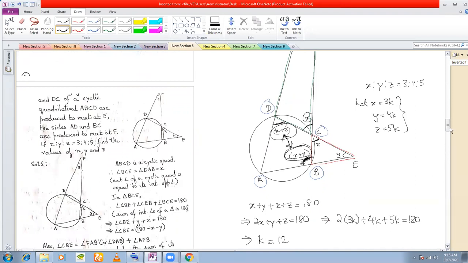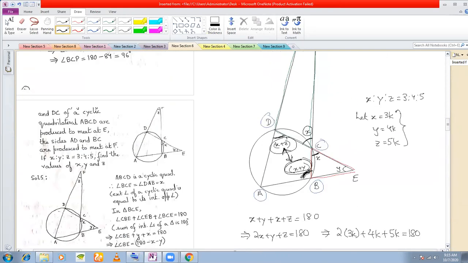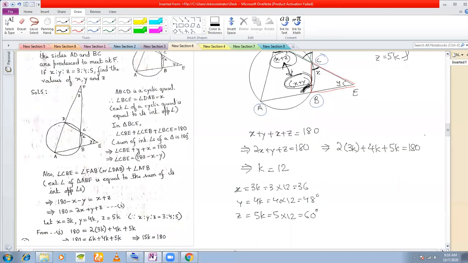And therefore, by putting the value of x, since the ratio of x, y, and z was given, I found out the value of the constant k, and I could find out x, y, and z. Okay, so that is what I'm not writing in full, because I've written so much that now you must have got used to my way of writing. This is the way you write in your exam. I have also already given you your notes, so I don't feel that for each and every problem I should write the statements once again, because the statements are already written.